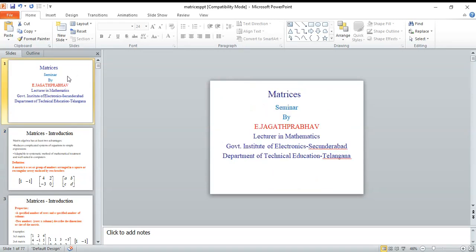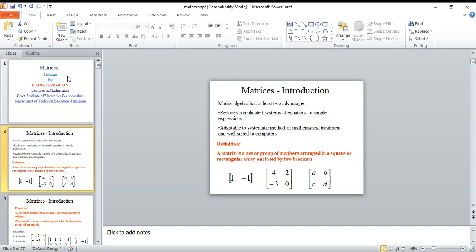Yesterday we discussed matrices: the definition of matrices, types of matrices, addition, subtraction and multiplication of matrices. Once again, I am repeating